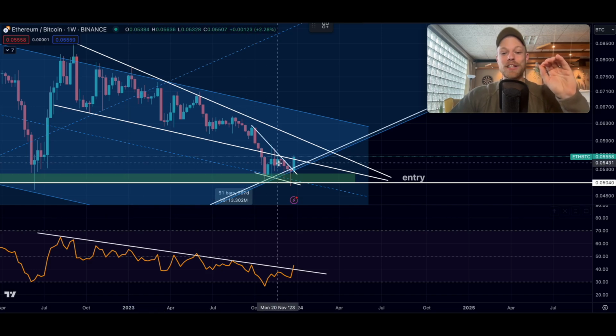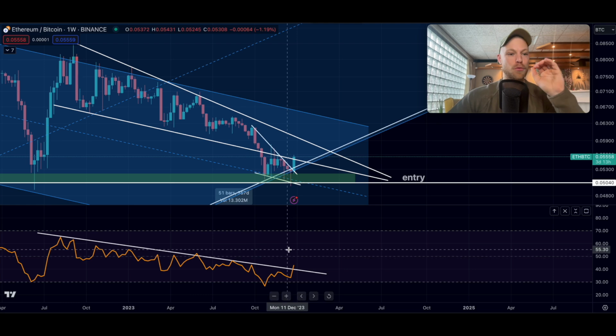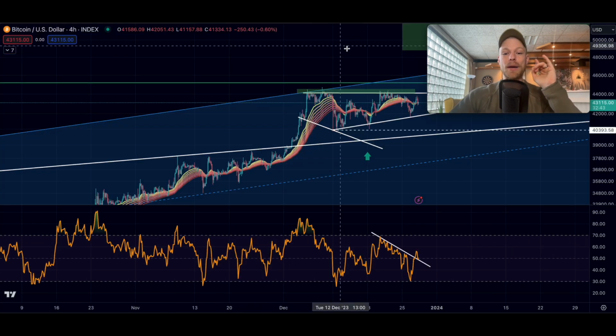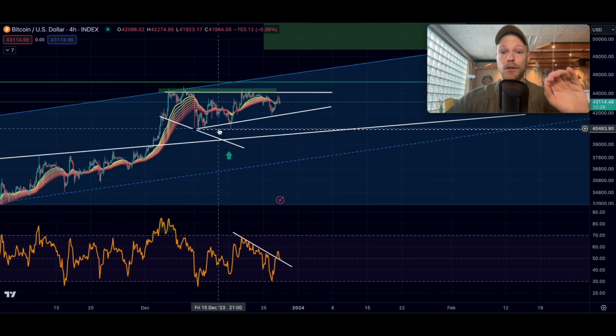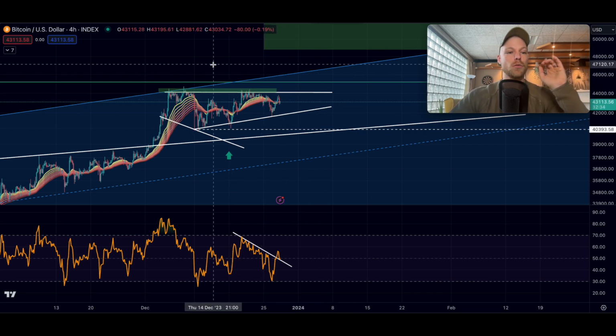Ethereum against BTC is going completely wild, guys. We have a massive breakout coming in right here, which I want to discuss in today's video. Bitcoin is forming an ascending triangle, as you can see right here. We are still holding above the 60-day cycle low, so this has a higher likelihood to break out to the